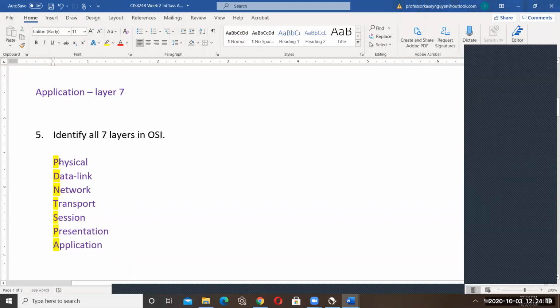There are other books and things on the internet showing you how to say this with pizza, but I've always remembered it this way. Once I have the first letter, then I can fill in what that is. Physical, data link, network, transport, session, and